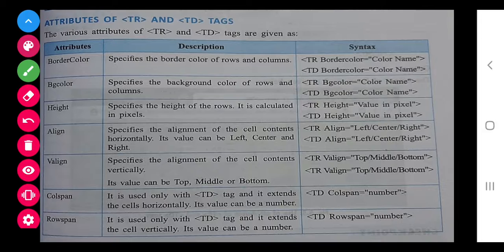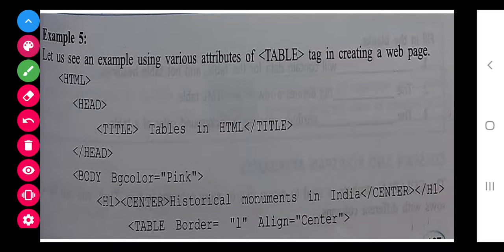That can only be applied to the table data only, that cannot be applied to a complete row, because suppose I want to merge these two, that is I want to apply on these two table data. So that we will do. Now class, there are some attributes used.